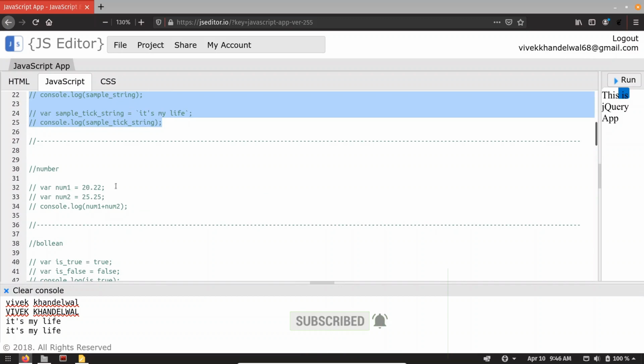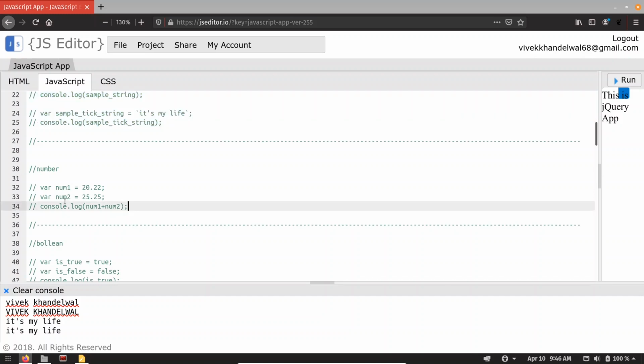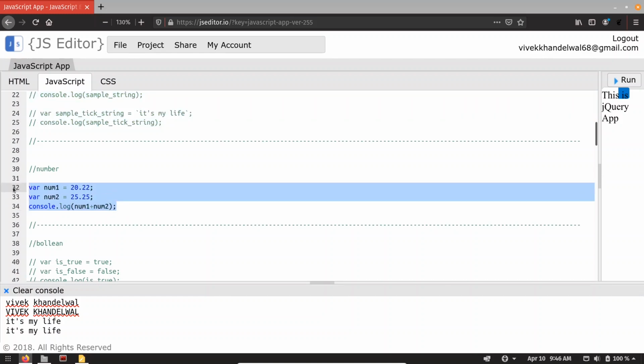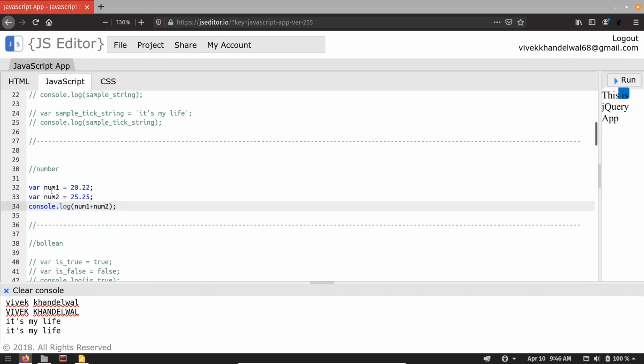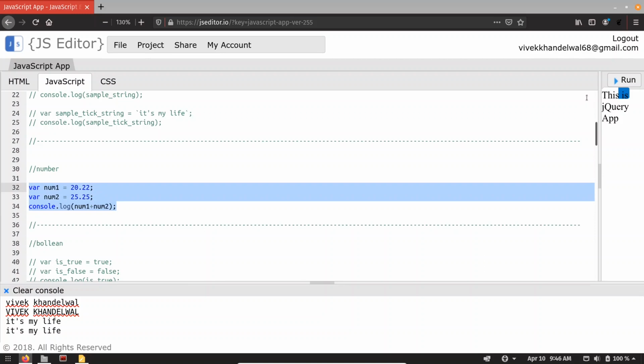Usually in other languages we have integer, float, long, double, all those kinds of numbers, but in JavaScript we have only one data type called number. Let me uncomment this code. This number can contain any type of number data like integer, float, double. Here I am creating two variables, num1 and num2, adding those and printing over the console. So let me run this code. You can see I am able to print it.